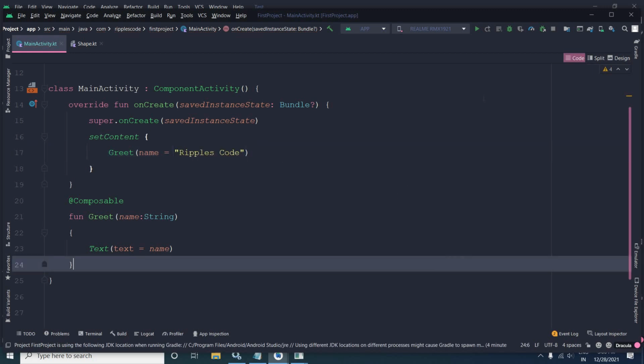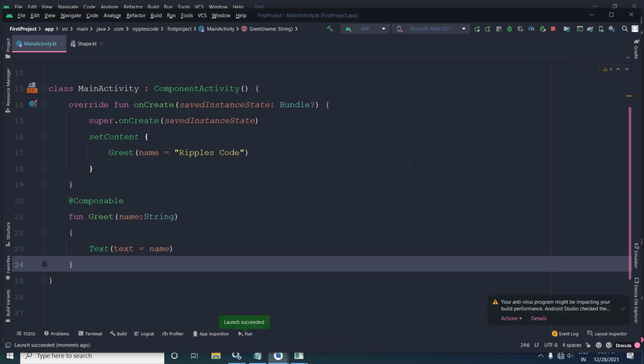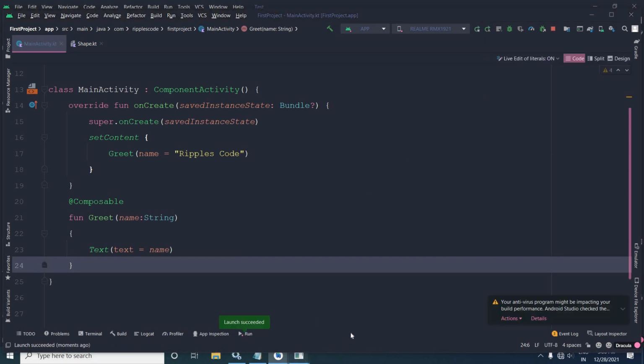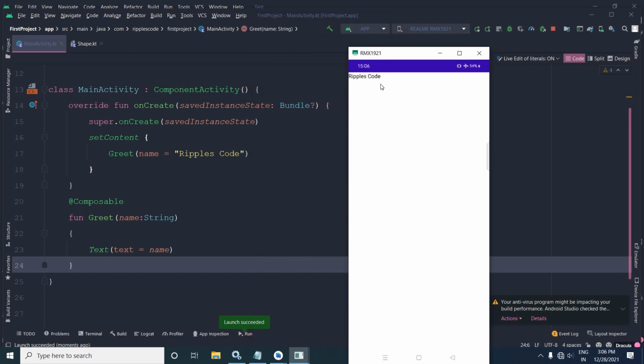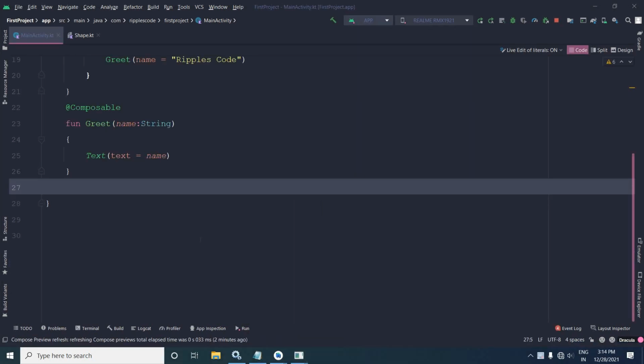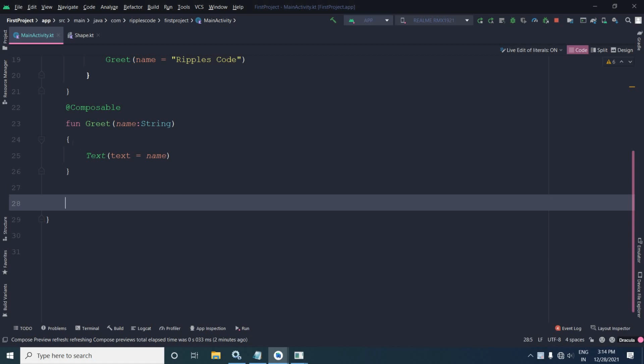That's it. Now let me run the project. Let me show you the output. If I show you the output, then you can see here Ripple's code has been written. Okay, now suppose you want to see the preview of the UI which you are creating. For that we need to create another composable function.